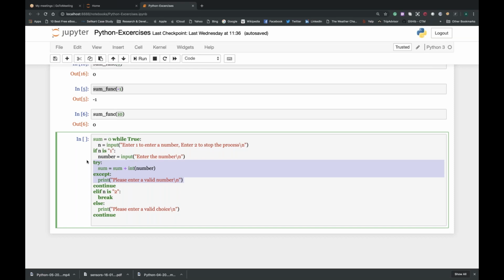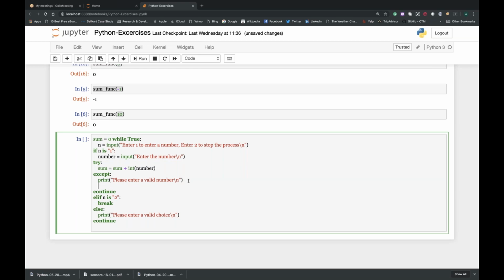That is nothing but 0. What is int? The number which you are going to enter. When I say 0 plus 1, it is 1. That is valid. When I say 0 plus 2, that's 2. That's valid. When I say 0 plus 3, that's valid. When I say 0 plus minus 1, that is minus 1. That's not a valid number. That is a negative. So what I'll do is,